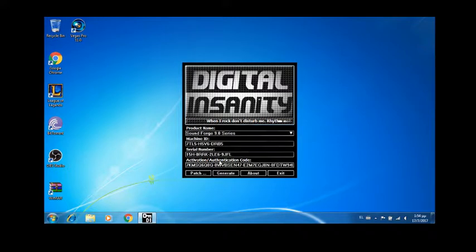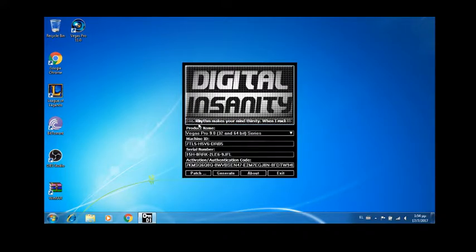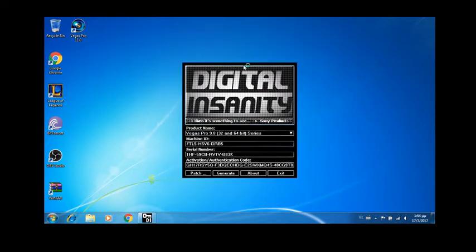You want to go to the product name, and find Vegas Pro 9.0 32 and 64-bit series. Now next you want to click on generate, and you will get a machine ID, a serial number, and an activation authentication code. What you want to do is open the Sony Vegas Pro app, click on next,